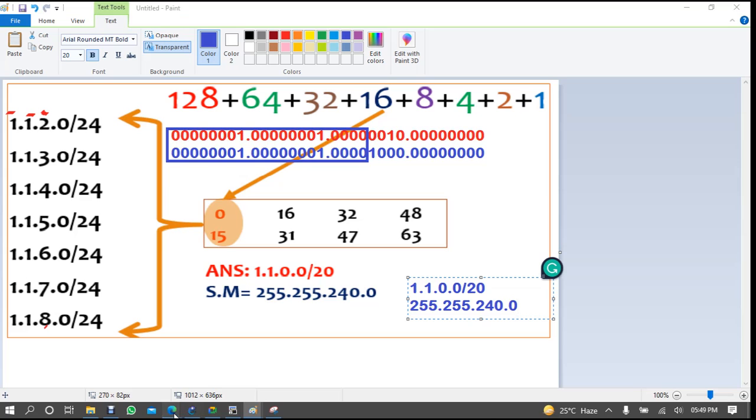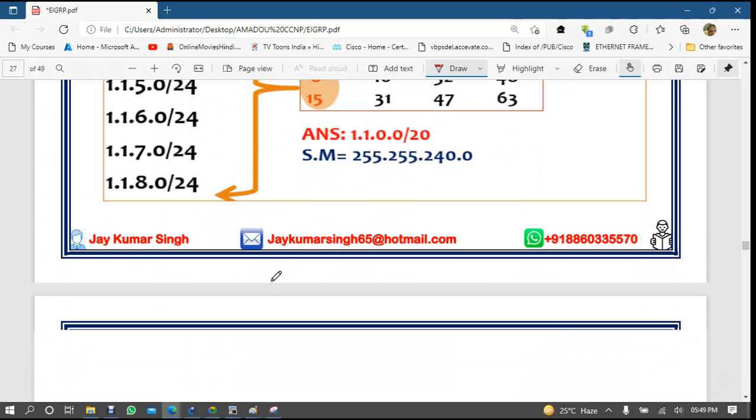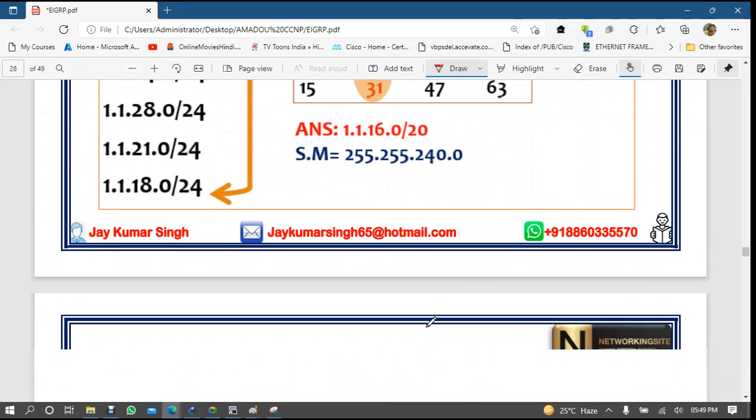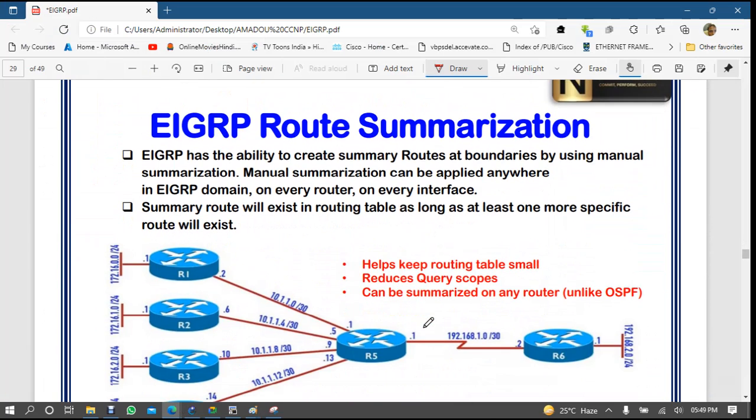So now route summarization examples are here. If you have any doubt while practicing, let me know. EIGRP route summarization. EIGRP has the ability to create summary routes at boundaries router by using manual summarization.